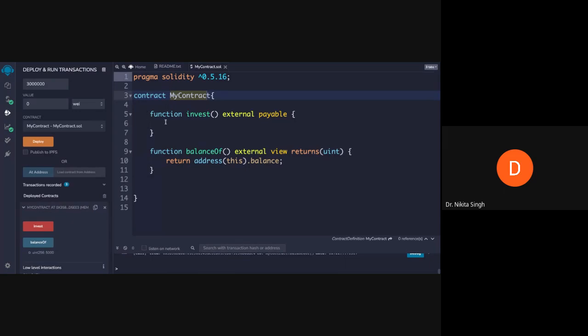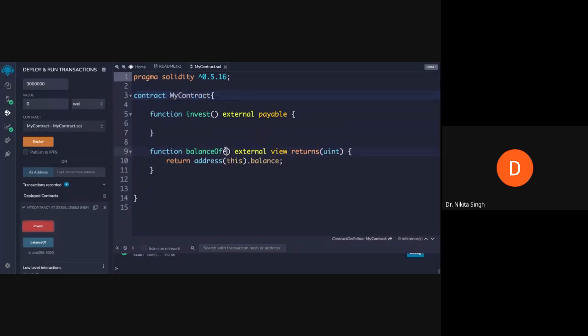So using these two functions, you are using an external address, and you're specifying the amount of Ether, or the amount of Wei, that you want to transfer. Then you are sending that amount to my smart contract by clicking on invest.